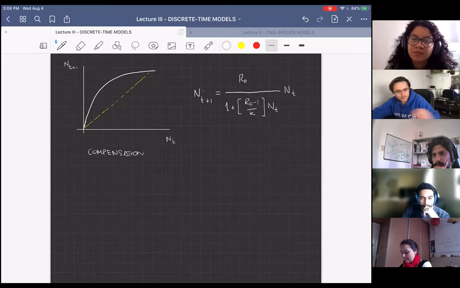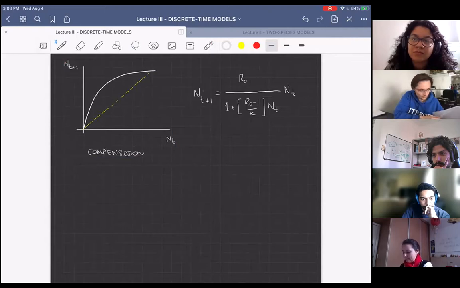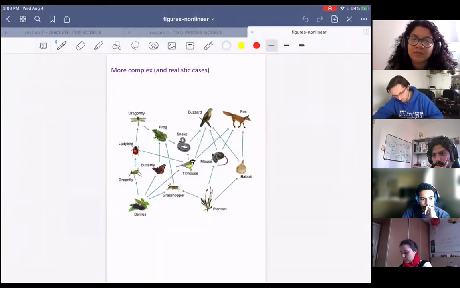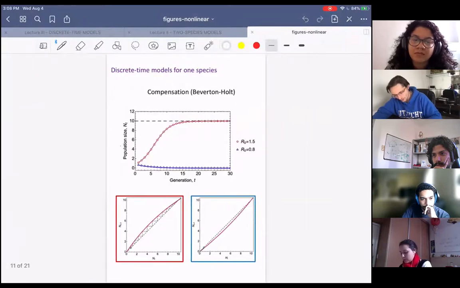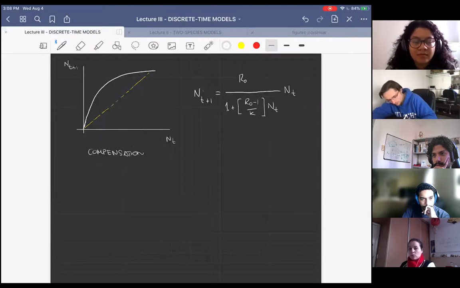Okay, I have the name here. Yes, this is the Beverton-Holt curve. It's the name of the people